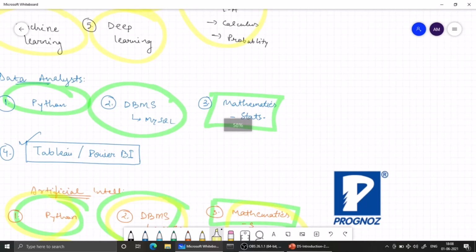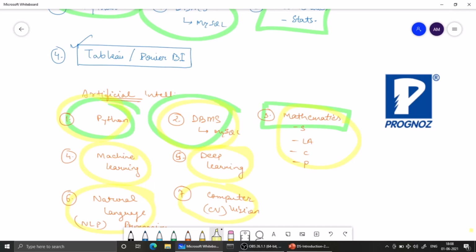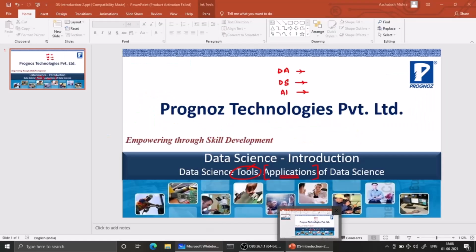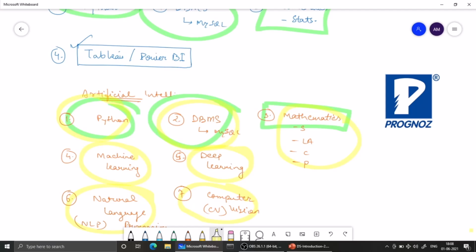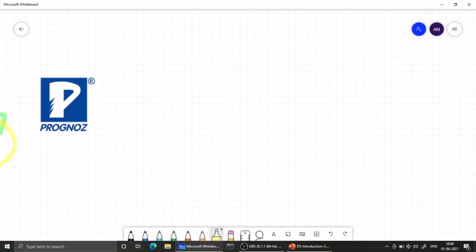Right? So these are the job key roles, or I can say the tools which are basically used. Whatever skills you need are the tools that you will be utilizing. As simple as that. And then let's come to the second part of our discussion, which talks about the applications basically. So what are the